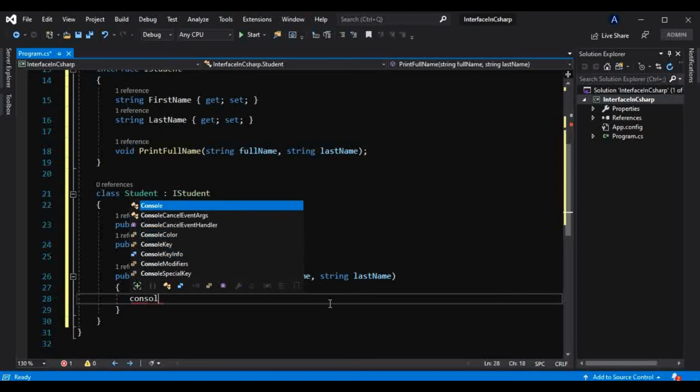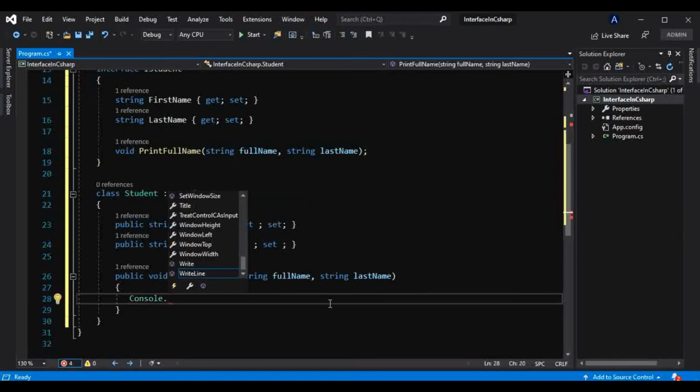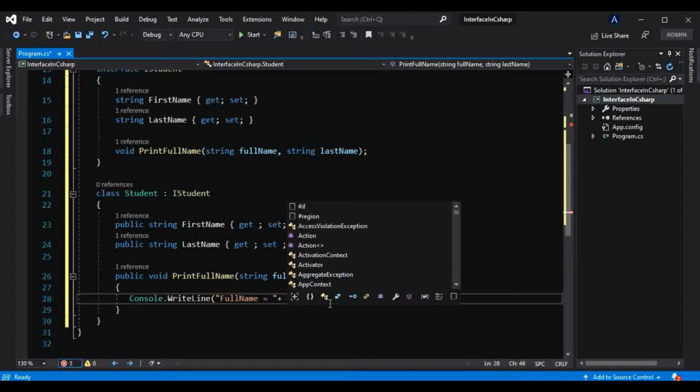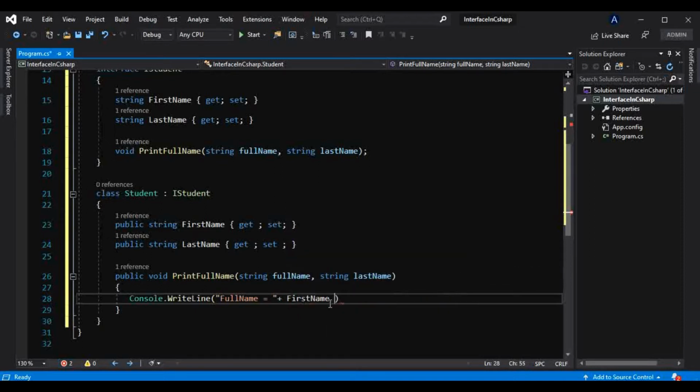Let's take one simple message here. Console.WriteLine, first name is equal to, and we will append that first name, whatever will be coming, and I will append last name to it, like this. I have to concatenate that here as well.